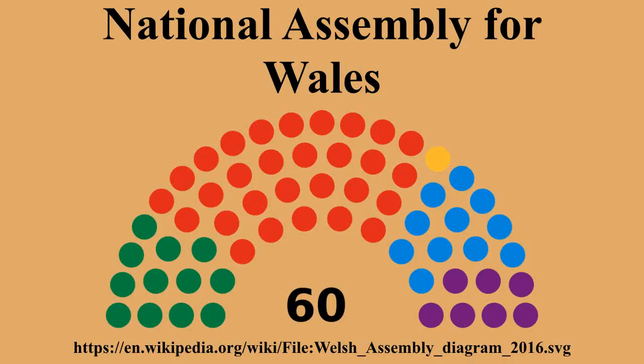The Assembly gained limited primary legislative powers following the 2007 election and the passage of the Government of Wales Act 2006. These laws are known as Assembly measures and can be enacted in specific fields and matters within the legislative competency of the Assembly. New matters and fields can be devolved by acts of the UK Parliament or by LCOs approved by Parliament.